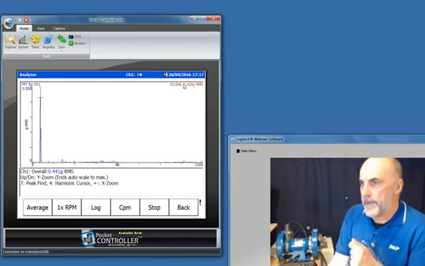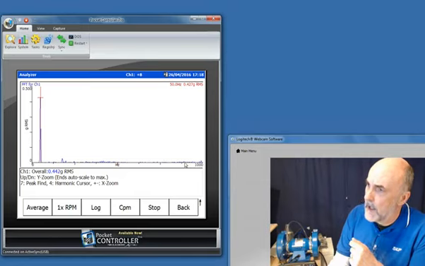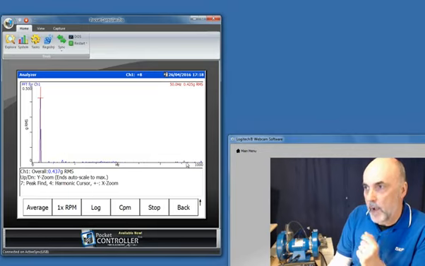If we take it one stage further, what I want you to do is put your eyeballs on this part of the spectrum over here, and you will see a peak. Sometimes it's the same height as all the other peaks, and sometimes it gets a little bit bigger. The level of that is varying, and it's not possible at this stage to determine whether that's random background hiss that you'd normally get off a machine, or whether that's actually a peak.